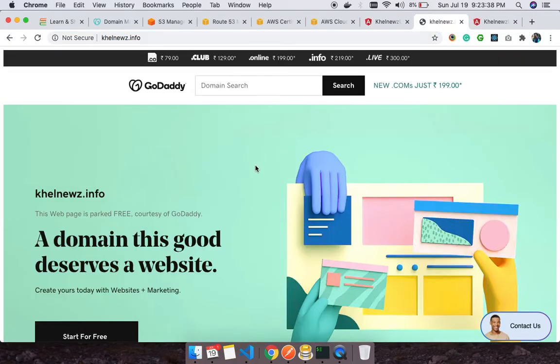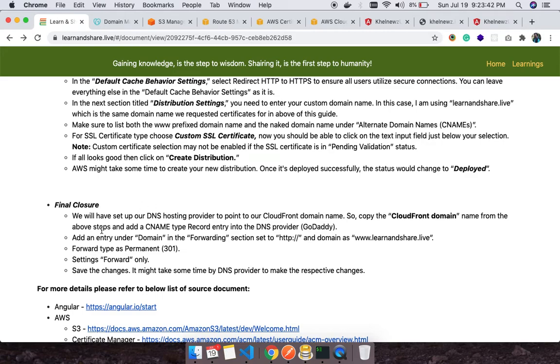under kalenews.info here. But wait, the further step will be we have to copy this CloudFront domain, and add it as another CNAME type under GoDaddy. Since I purchased the domain from GoDaddy, GoDaddy is the DNS provider for me in this case.